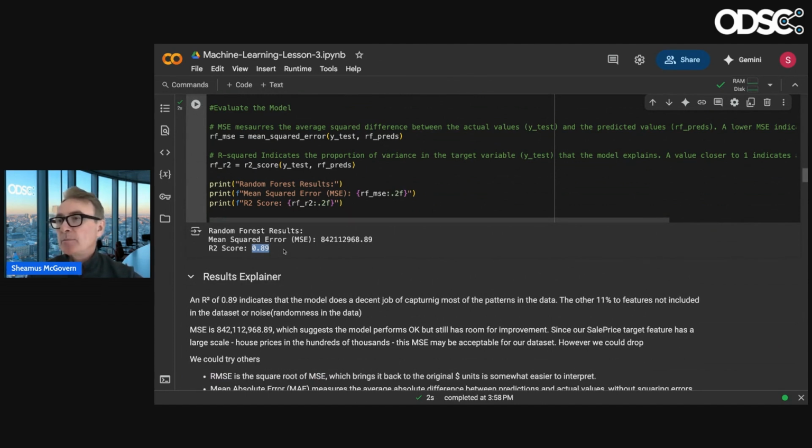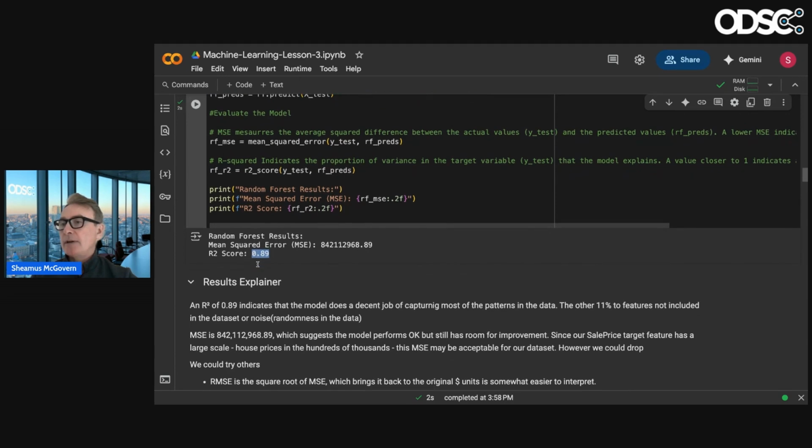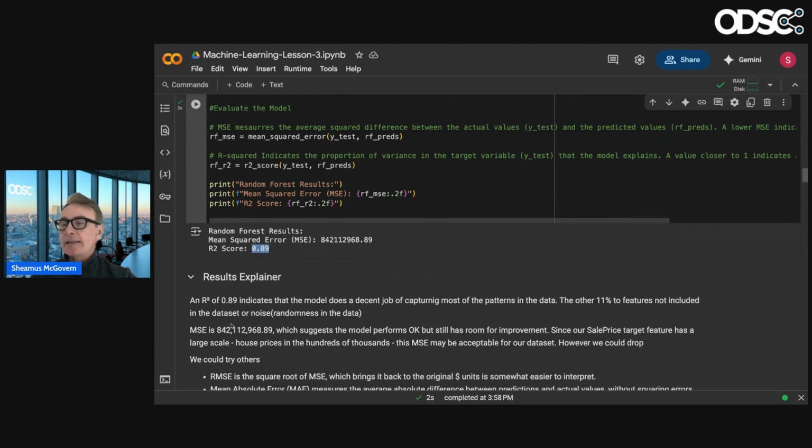Now we're getting someplace. That is definitely a better model, because we're getting closer to the value of 1 where we want it to be. The mean squared error is still quite high, and again, this is not a house price or anything like that. It's just a number relative to the other numbers we predicted.